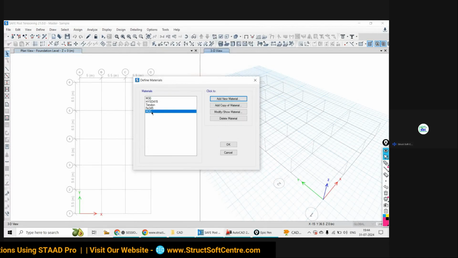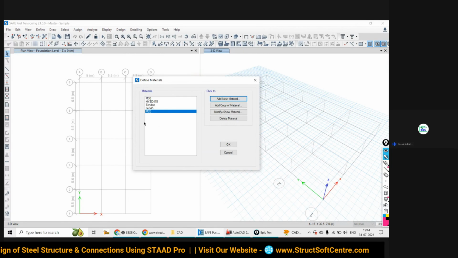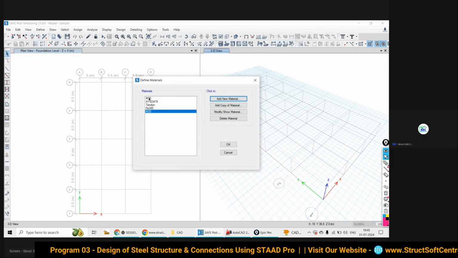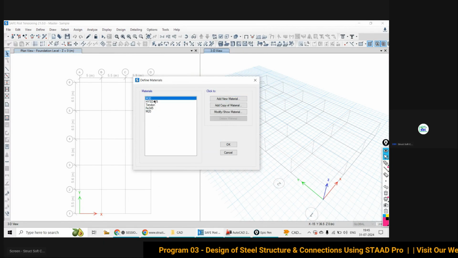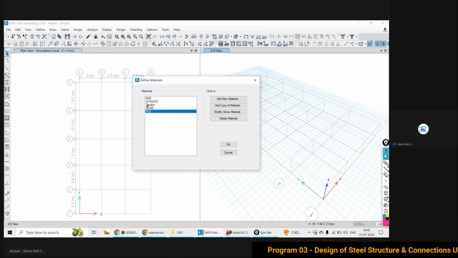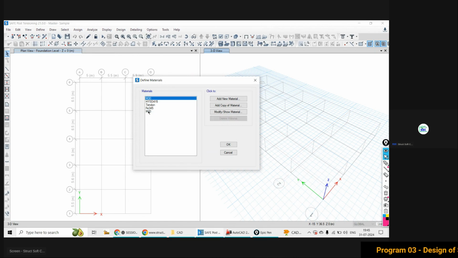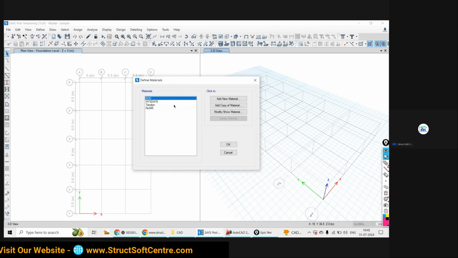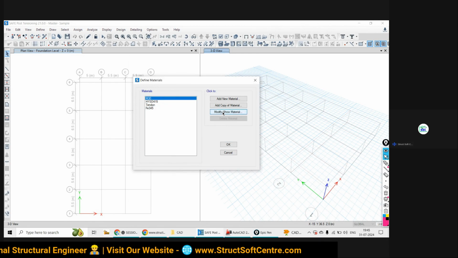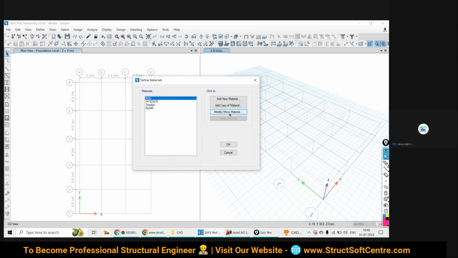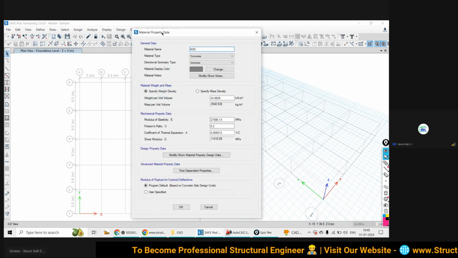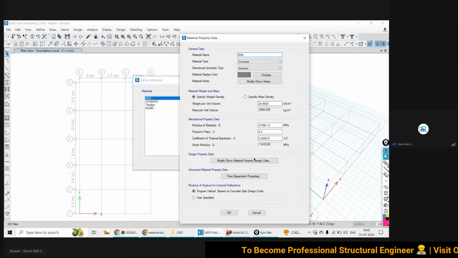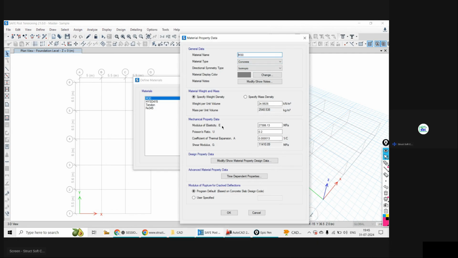So one grade of concrete is added here, but you may say, sir, I don't want to add a new one, I want to edit this existing one. That also you can do. At that time delete this one. Now just go to this M30, we have to make it M20. How can you do that? Just go to Modify and Show Existing Property. Once you click on that, the property of M30 grade of concrete is actually present here.